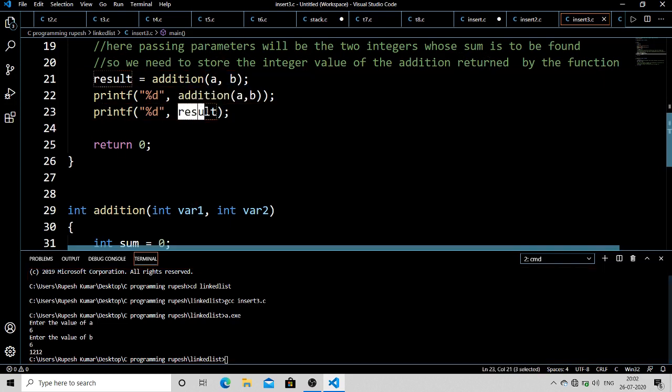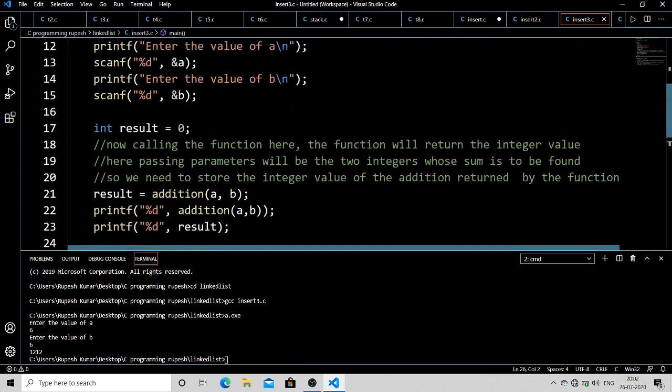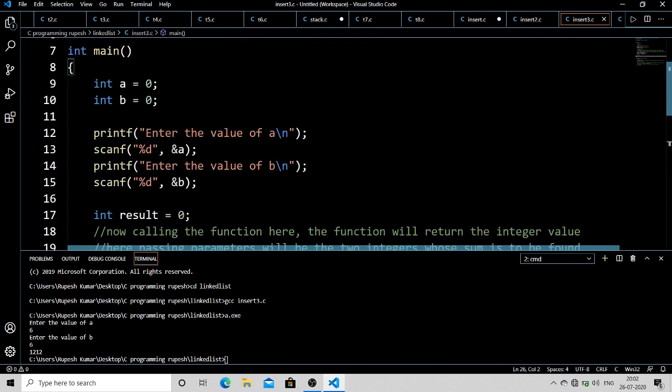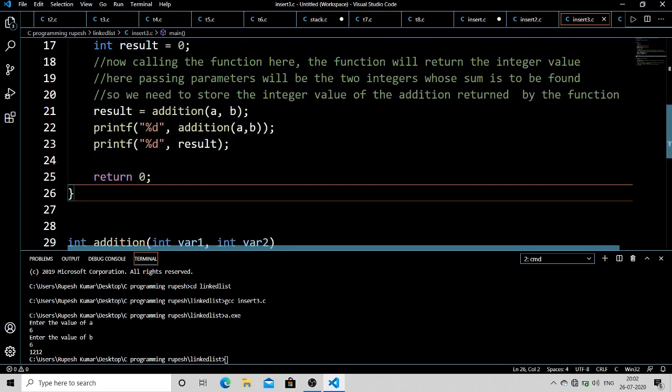By this way you can see that functions are very useful and make our code very easy. At this point you may feel that using functions is not that much worth it, but as you move forward in C programming, you will feel that yes, functions are very important for us. I hope you have understood this tutorial completely, that you have connected both videos, the previous one and this one, and that you have understood functions completely.